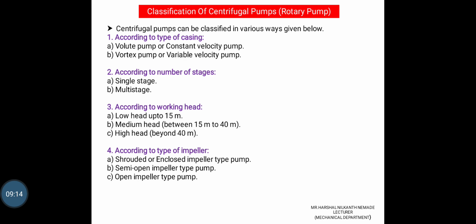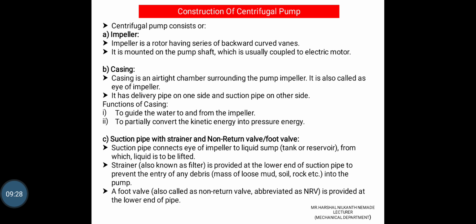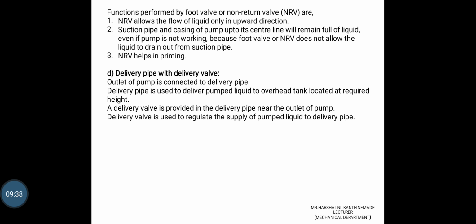Classification of centrifugal pumps. Centrifugal pumps are classified in various ways, given below: according to type of casing, according to number of stages, according to working head, and according to the type of impeller. Construction of centrifugal pump. A centrifugal pump consists of an impeller, casing, suction pipe with strainer, and non-return valve or foot valve. The function performed by the foot valve and non-return valve: